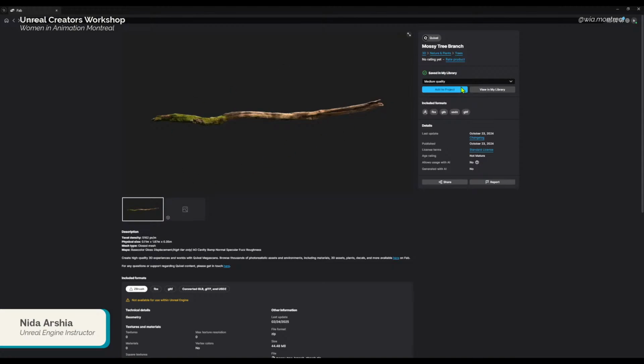Now in here we looked at the settings. I'm gonna keep it to medium quality, because that depends on the project that you are working with, what kind of quality level you are looking to achieve. So it is totally your call which quality you want to go with. If you are downloading a higher quality, you can still down-res it inside the editor, but the opposite is not going to happen, of course. So I have this selected, and I'm going to click on add to project.